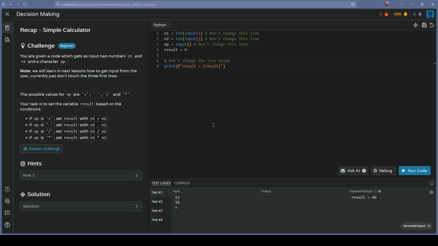Now let's do the recap. Recap calculator. You're given the code which gets as input two numbers n1 and n2 and a character op. Note we will learn next lessons on getting input. The possible values for op are plus, minus, division, and multiplication. So basically, we're just setting op to plus, minus, divide, multiply. So yeah, if op is equal to plus,